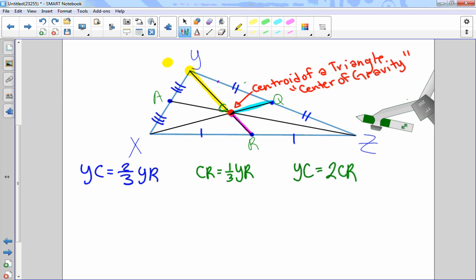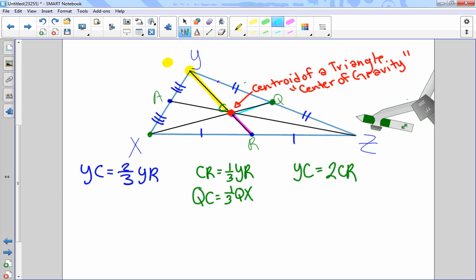Q to C. Is that the shorter part of that full segment or the longer part of the full segment? The shorter part, so it belongs here in this area. QC is what relationship from Q to X? So 1/3 the length of Q to X